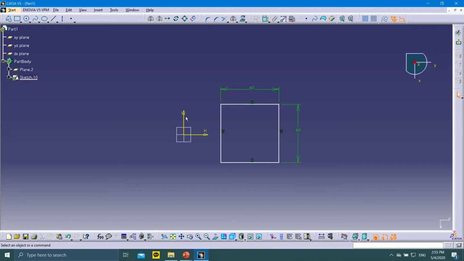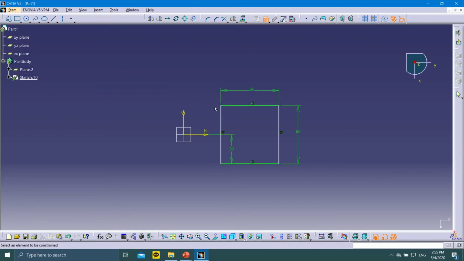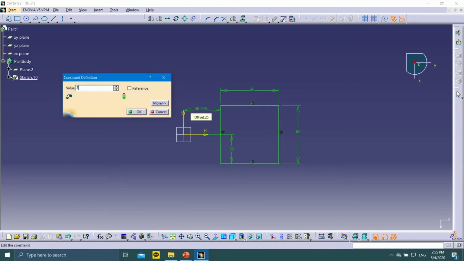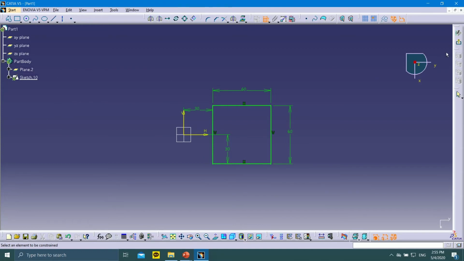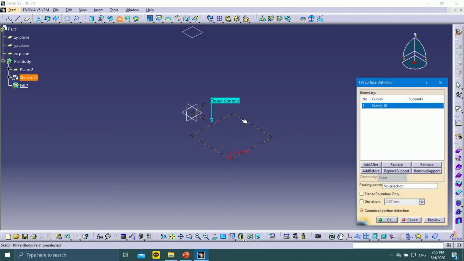Anyway, just do 60-60, but have to make sure here maybe 30. Just make it all fully constrained. I make a 60-60-30 like this. Using fill,